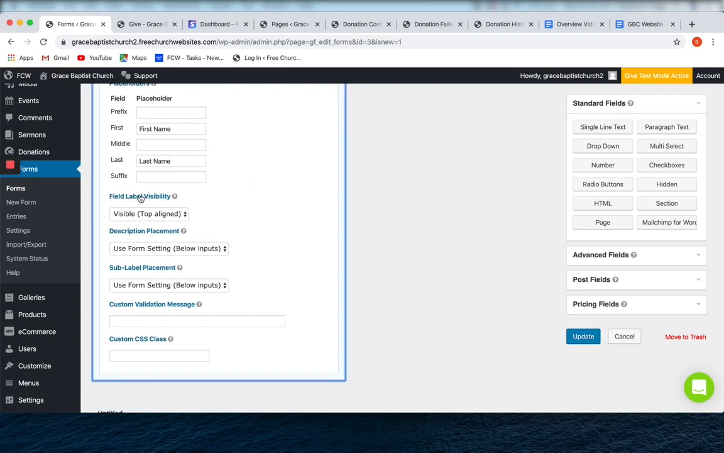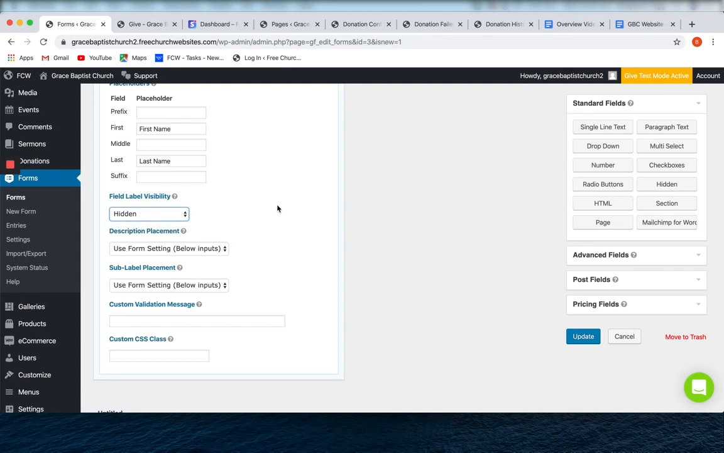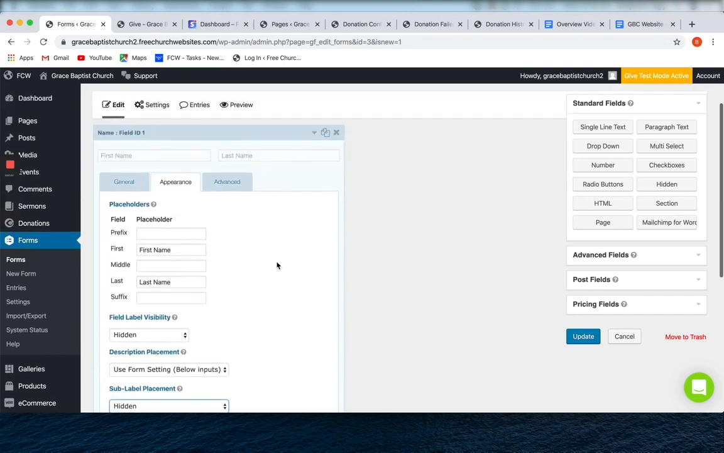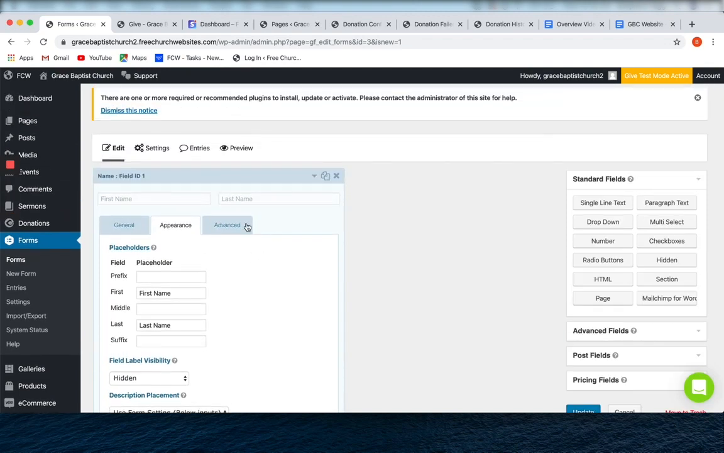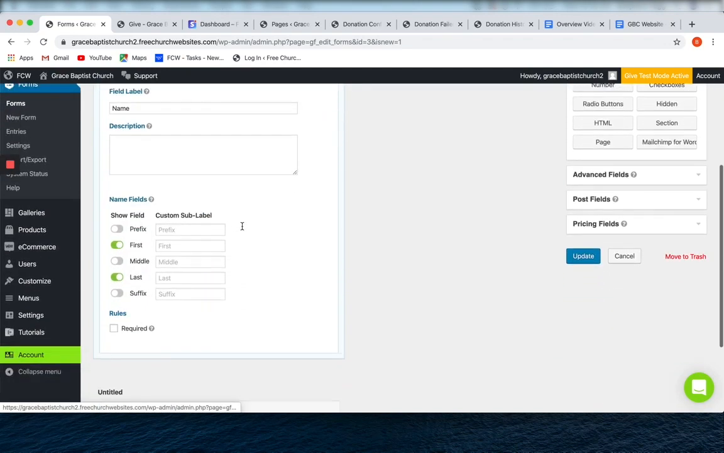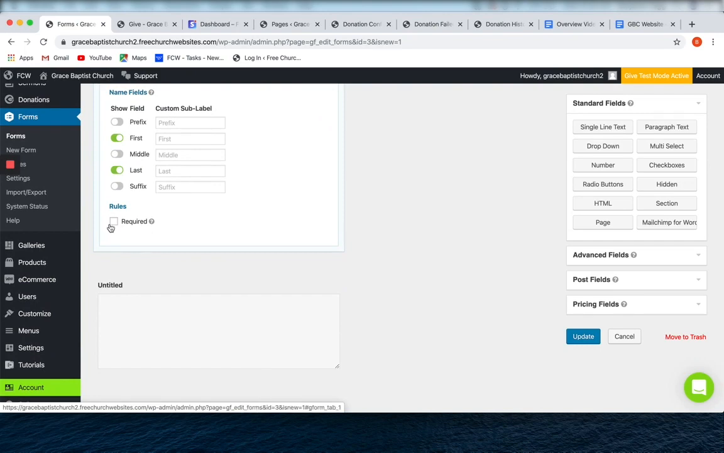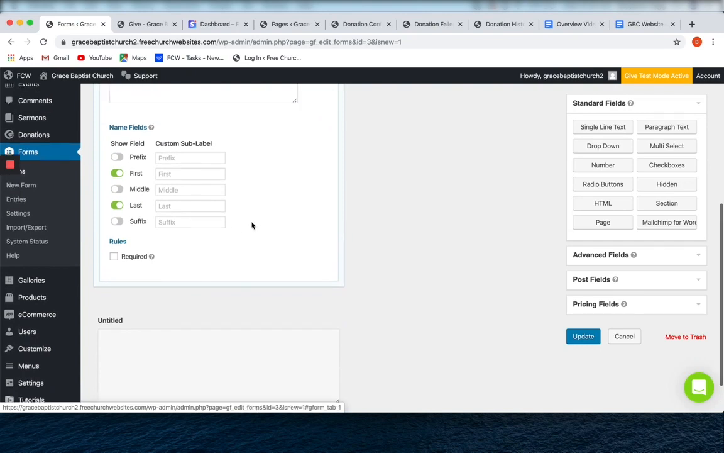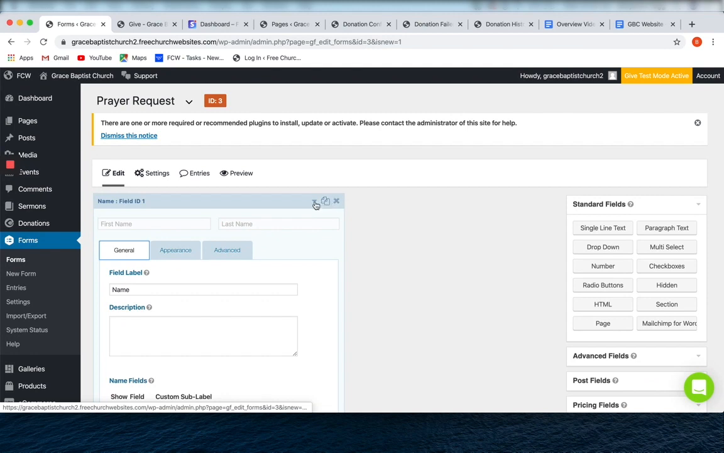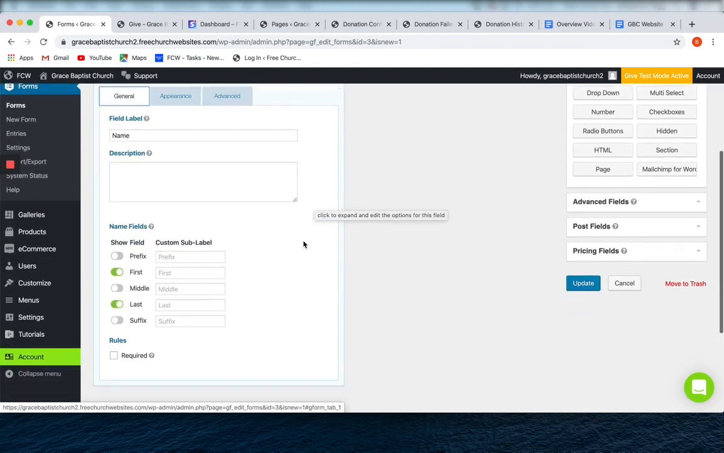And we want the field label to be hidden, because all you're going to see is a box with first name and a box with last name. And then the sub-label also we want to be hidden, so there's nothing underneath either. Come back to general, you're going to choose if this is required, and we're not going to make it required because you can put a prayer request in that's anonymous. Okay, so